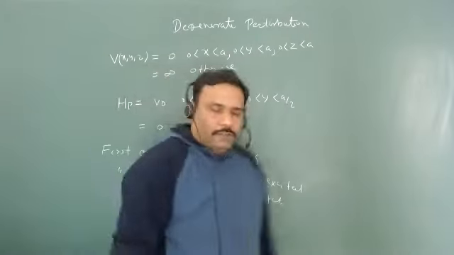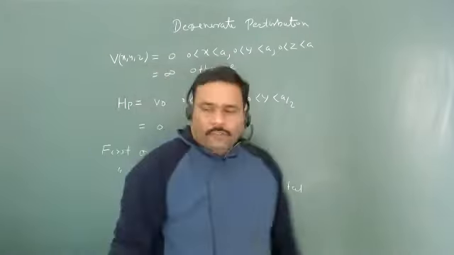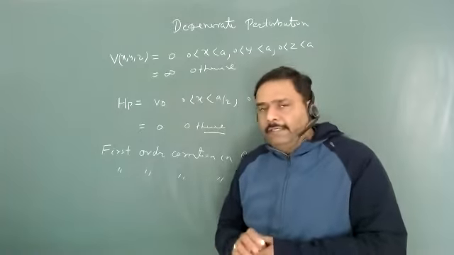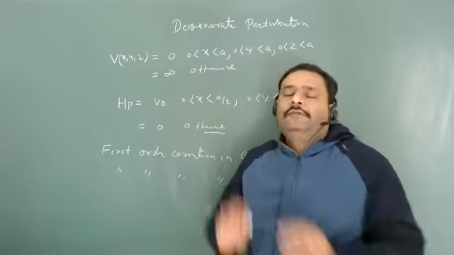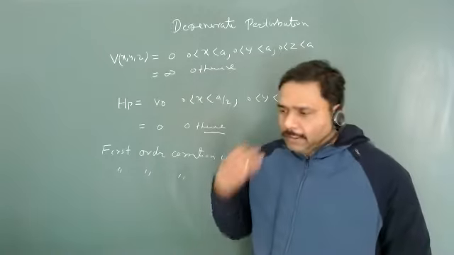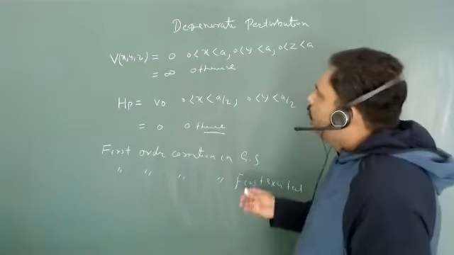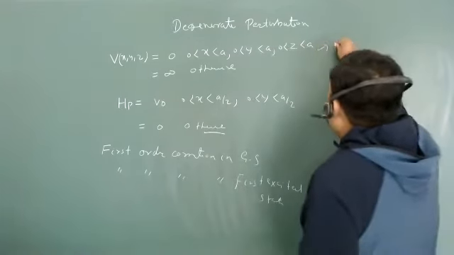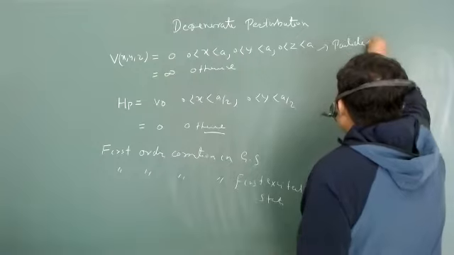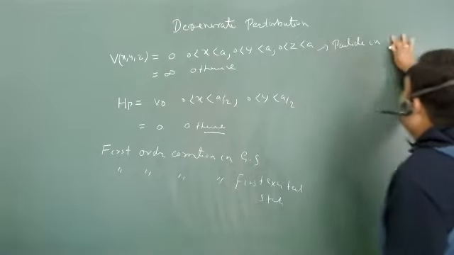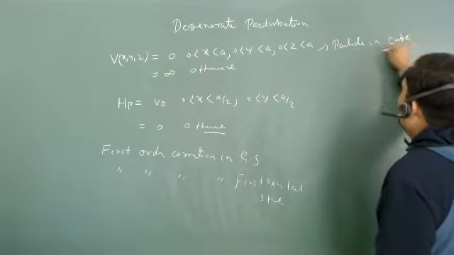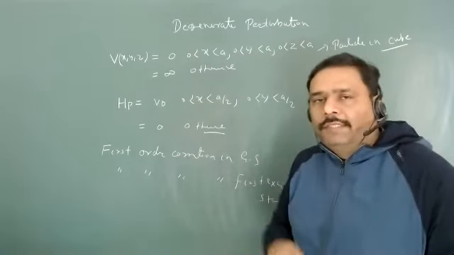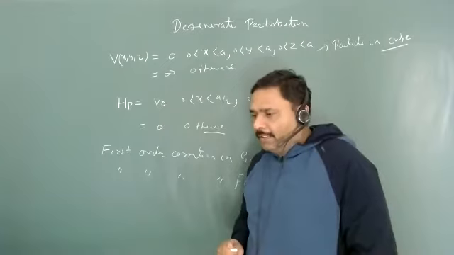Obviously, the ground state is straightforward. The first excited state has a little bit more complication because it is degenerate in nature, and you will see how we proceed with the problem. You have to go step by step. So first we have to identify this system. What is this system? This system is nothing but a particle in a cube. So this is a 3-dimensional box, where x, y, z, all parameters are the same.